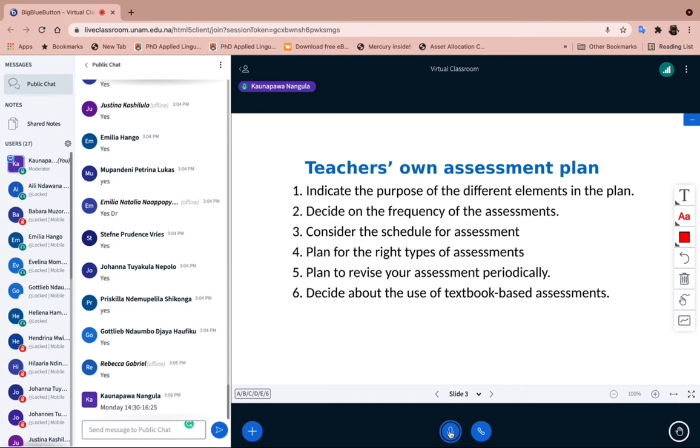And number three, consider the schedule for the assessment. The scheduling of the assessment should not coincide with the external examination, or be directly after the holiday. So here they are suggesting that you don't give the students an assessment around the same time as the examination, nor should you give your learners an assessment right after an examination. You should give them enough time